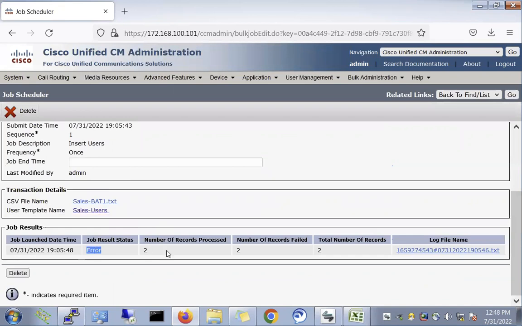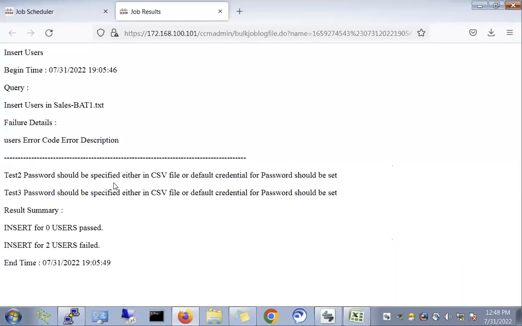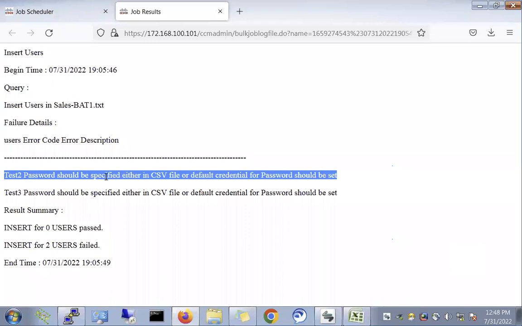Now, what is the error? Number of records processed and error also. If it is successful, you will see successful here. Let's see this file. Test password should be specified either in CSV file or default credential for password should be set. Okay. So what is happening here is,